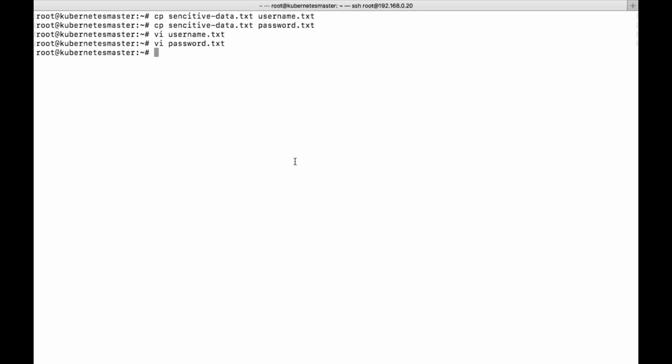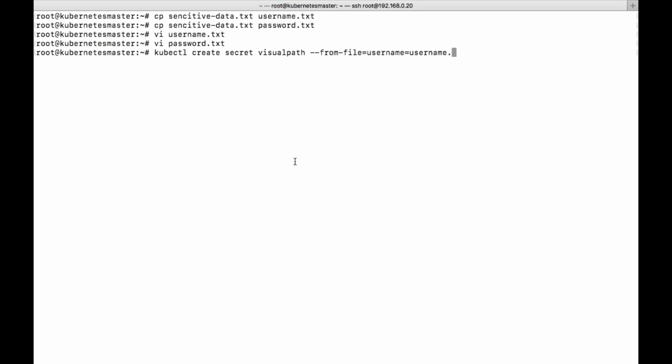Let's try to create a new secret. kubectl create secret, let's say visual path, from file equal to, let us say, username equal to username.txt.